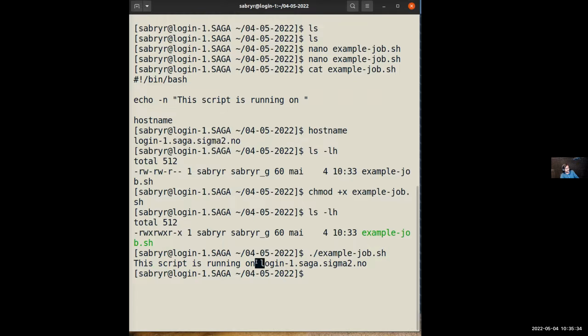As Bjørn mentioned, if we had not used the space here, it would start the L here itself. So there's no scheduler. This is how you would normally do it on your laptop. So Bjørn, if everybody tried to do this with their jobs, what would happen? They will get the same output as you. This is a very lightweight job, so it's not a problem for the login node to handle it.